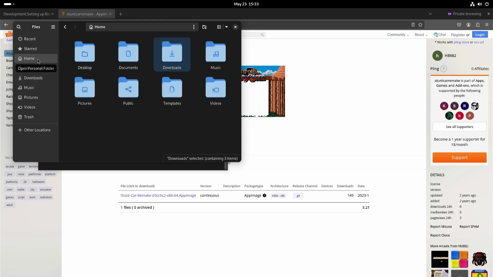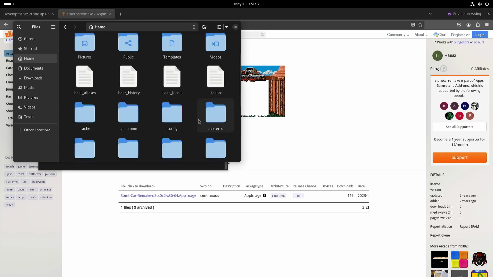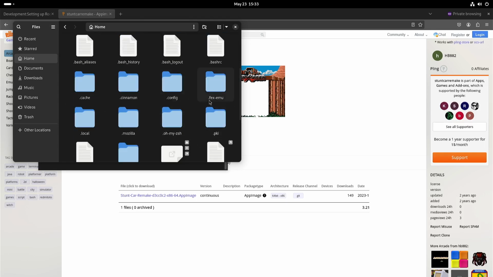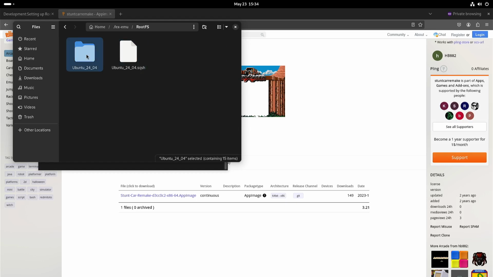So the root file system is available in your home directory, but you have to be able to see hidden files, and then the directory .fex-emu, and the dot indicates that it is a hidden file, or in this case directory, so everything that starts with a dot is hidden. So here we have the root file system. This is the original one, this is the extracted one,